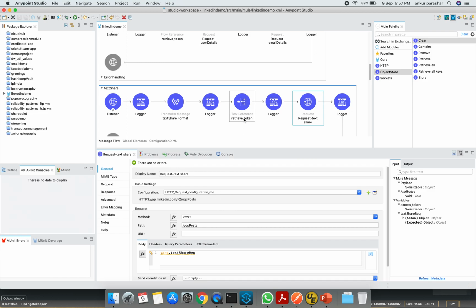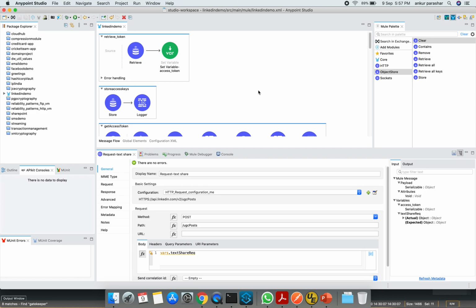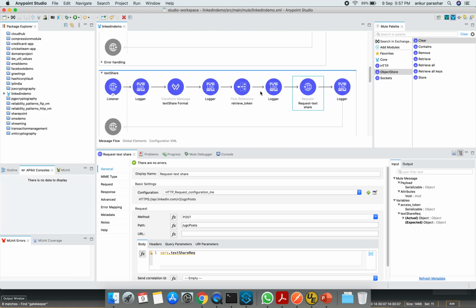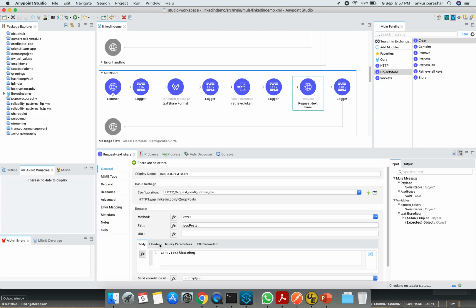So the same flow reference is being called, retrieve token, and this text share request is coming from this text share format. Within the headers we need to pass the access token again, and that's pretty much it.